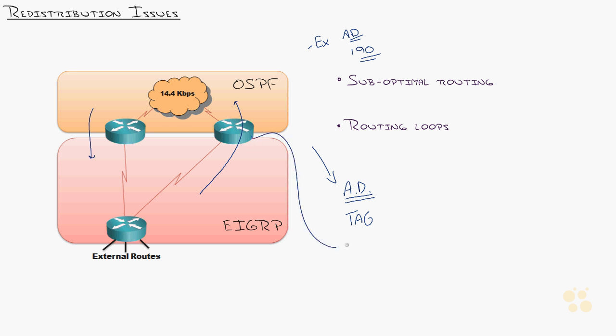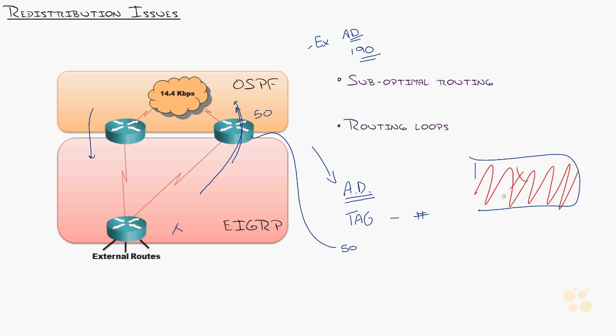When you do redistribution, you can say, I want to tag the EIGRP routes and just put a label of 50 on them, right? And by the way, a tag is just a number. It's between 1 and 4 billion, so just some huge range. So I say all these EIGRP routes going into OSPF, I want to tag. I just think of it like coloring them. Let's say we've got that network X. There's network X. Color it red. There's our network X, right?